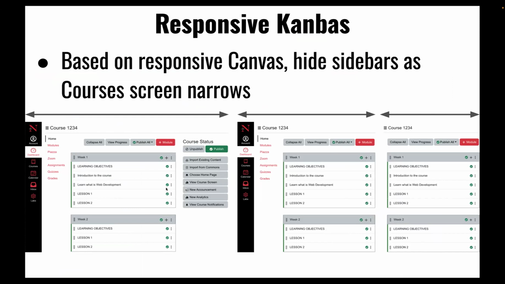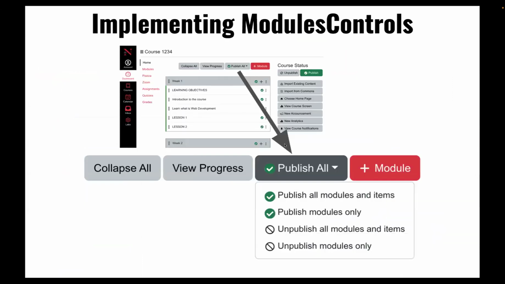We do need to implement that the course status also disappears, but earlier, right? If this disappears at medium, this probably disappears at large, so it's not there anymore. And then when it gets narrower and narrower, we hide these over here. So we'll do that. But first, let's focus on implementing the main content, the modules themselves. And then once we have that, we can certainly reuse this in the home,